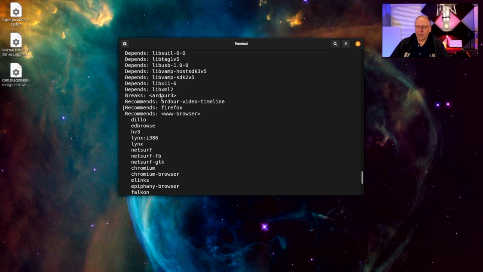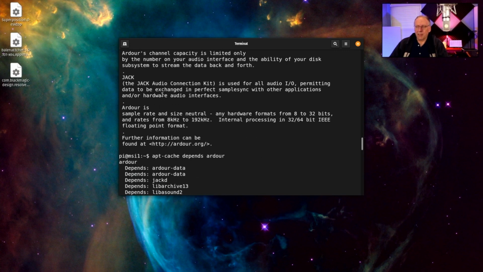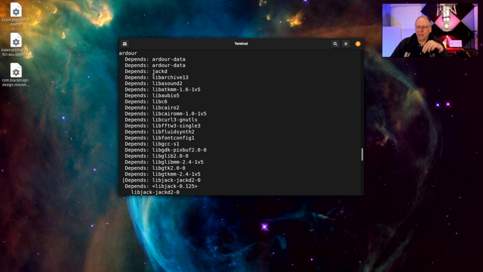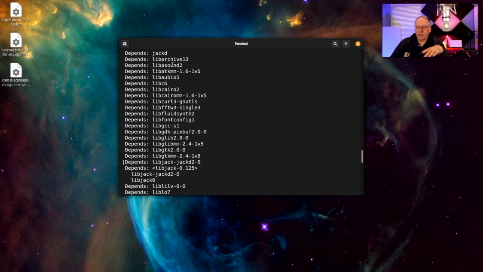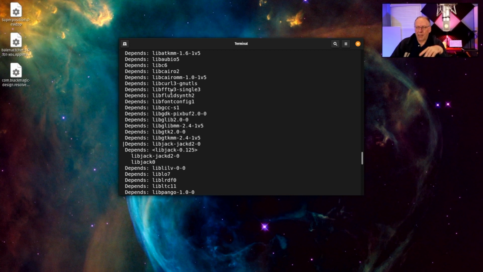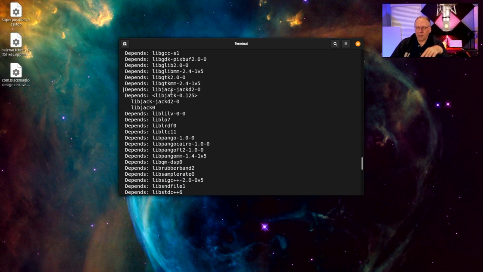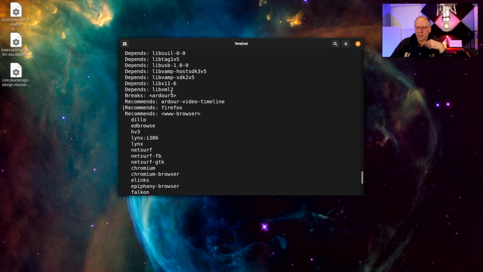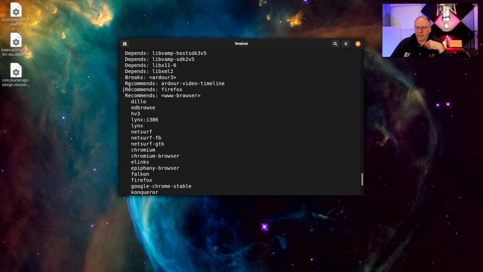There we go. Now we're getting somewhere. So apt-cache depends will print out this nice list, and for each package, you can see it depends on ardour-data and JackD and libarchive, and wow, there's just a pile of programs here, right? And libraries and packages, and it recommends that